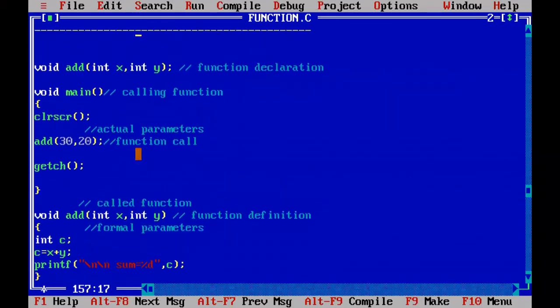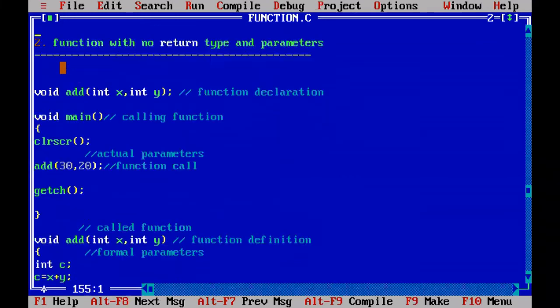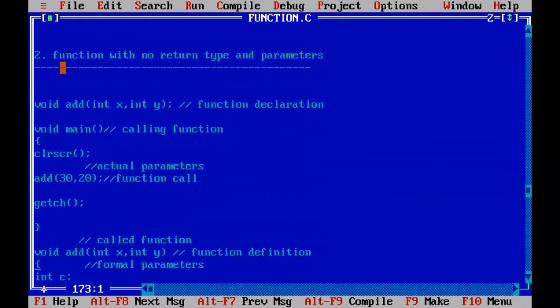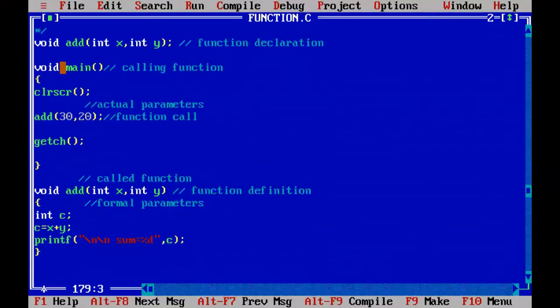If you are able to return a value, we will return to the main function. There we will capture the sum of x plus y and we will print that with the sum value. But it is not enabled. Return type is not possible in the second category. So except this program, comment everything. Here you remove the comment. And up to here you comment the program and uncomment the C program.